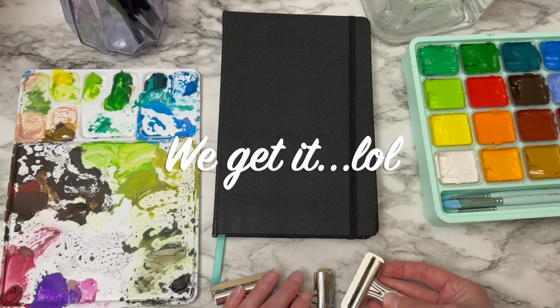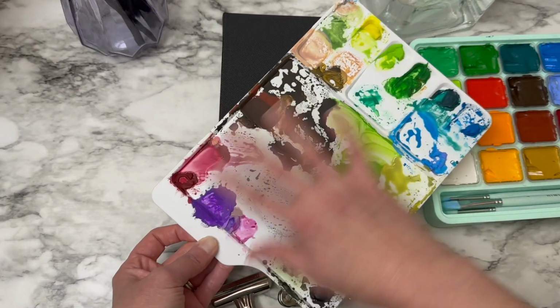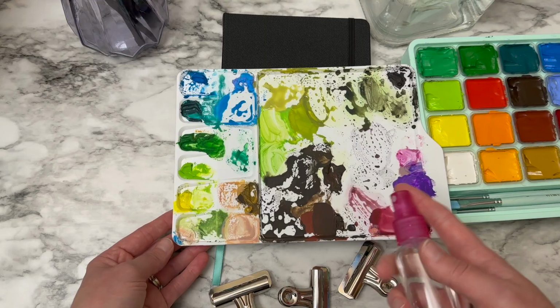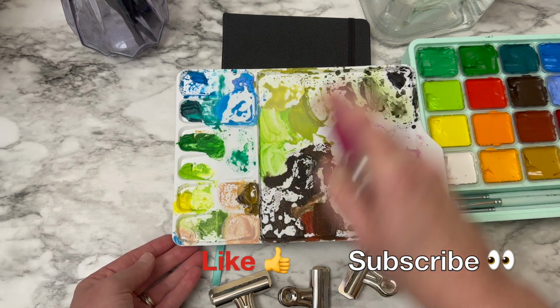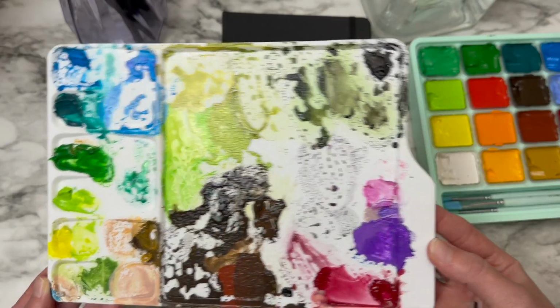I might have to voice this over, but that's just how it goes, right? Anyway, I'm going to use all of this so that I can clean this off, because there's a lot of dried paint on here. Let me just get it wetted. And I'll spray these too, just because. So while that's getting hydrated,